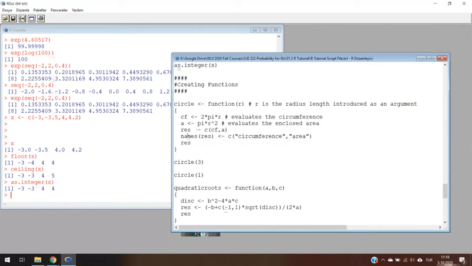After defining the outputs, the circumference and the area, as a single vector with two elements, we use another command which is called names, and we say names of res as a vector which contains two elements given in a qualitative format. So you see we have